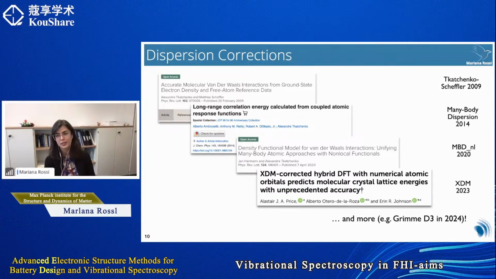And more recently, even Grimme D3 correction has been put into the code. So the nice thing is that you can look at all these different types of corrections within the same framework and see how they fare for your system. Okay, so now that we have all of that and all of these tools, the question is really, can we